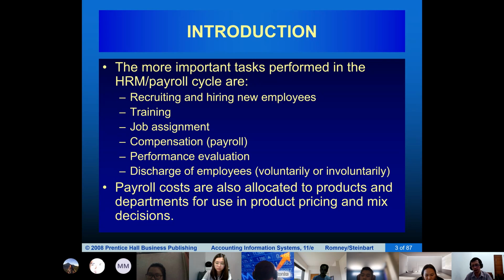And after you do your work, there will be compensation. Payroll, salary, is the most obvious one, but it's not always about salary or about money. When you apply and decide to become an employee after you graduate, you need to look at the whole package.